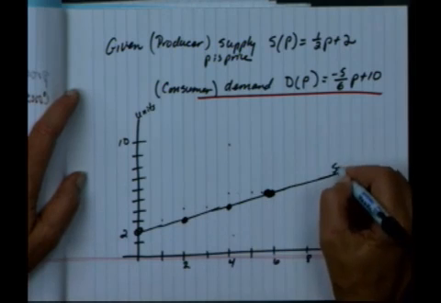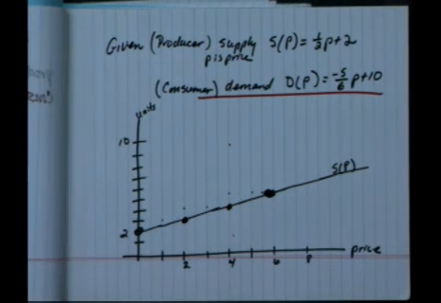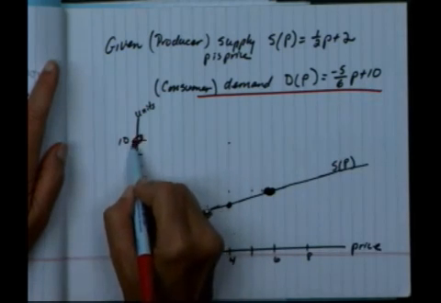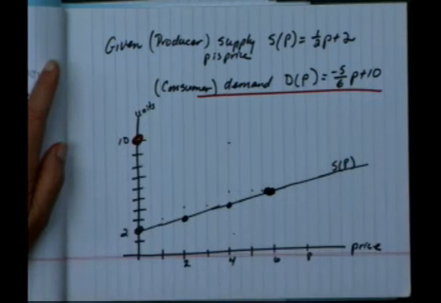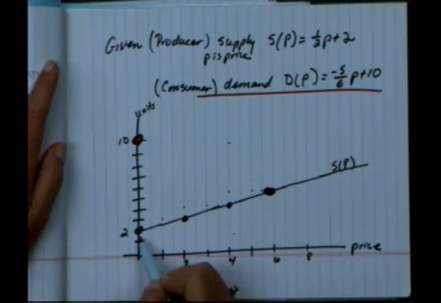Okay, this is my supply curve. This is the producer supplying. Okay, and let's do the demand curve. The y-intercept is 10. That basically says if it's $0, the consumer will rush right out and get 10 units of this. If the price is $0, this producer will supply 2 to test the market, but that's all they would